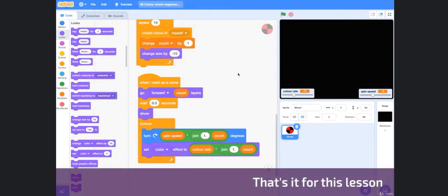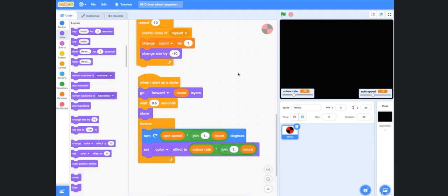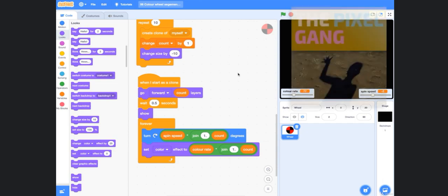And that is it for this lesson. Please experiment. Please have some fun with it. I think you'll agree it's a simple bit of code, but it creates a really